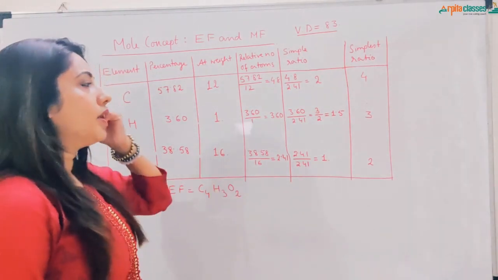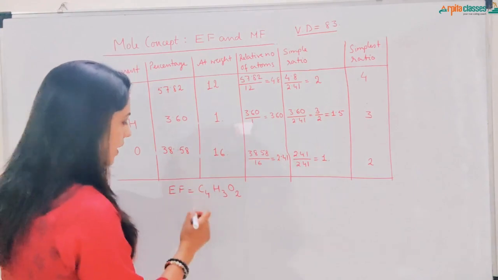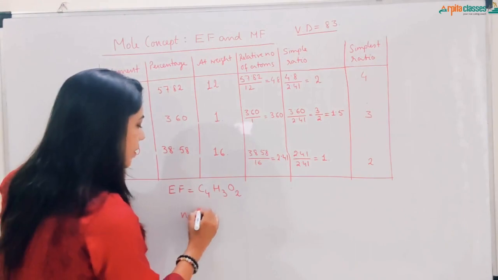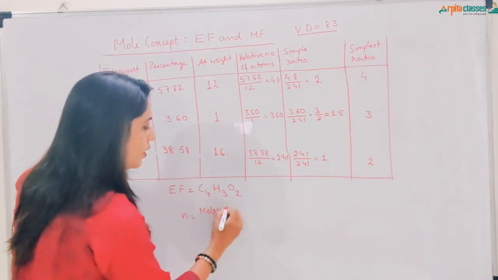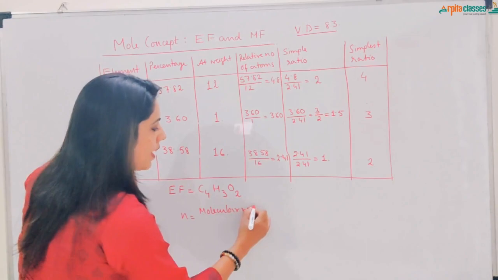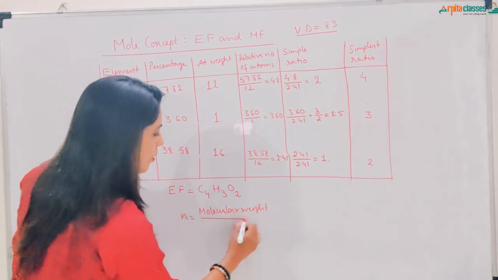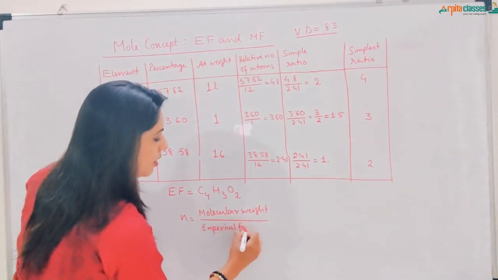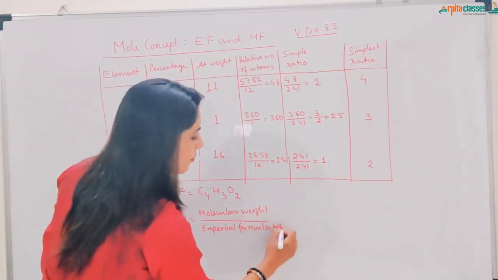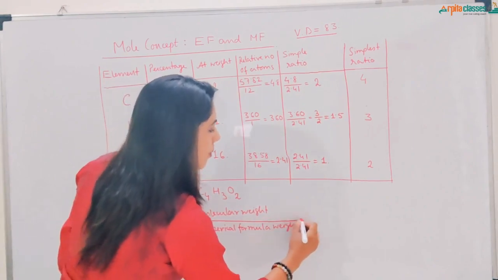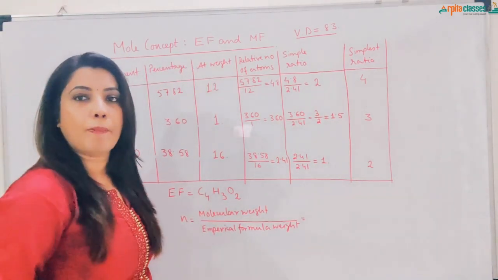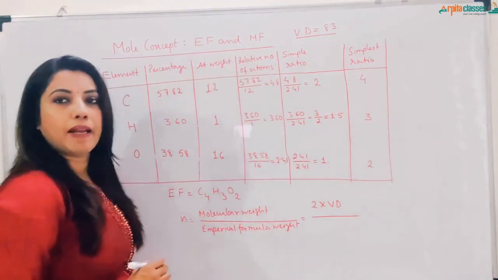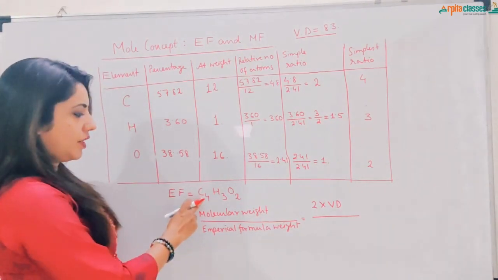Now we need to find out the molecular formula. So for that, we need n. n is an integer. And what is n? n is equal to molecular weight divided by empirical formula weight. So molecular weight is again 2 into vapor density. So 2 into vapor density divided by empirical formula weight, which is, we can understand here,